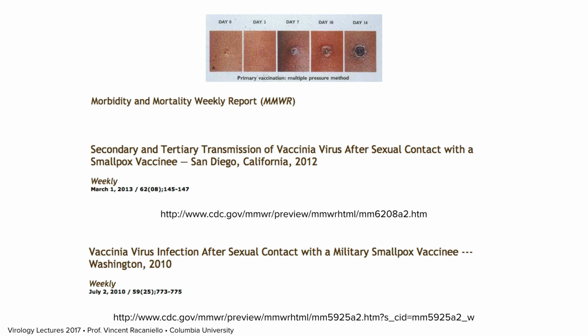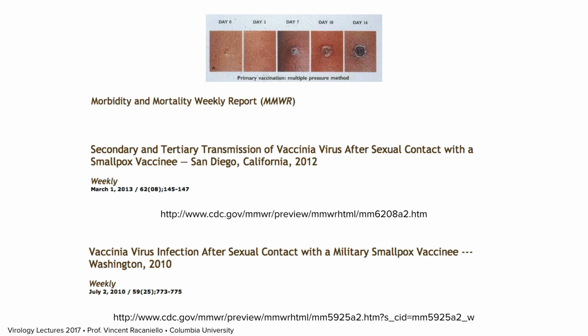Viruses can also be spread from skin lesions. Here's a good example of that. We no longer immunize against smallpox because it's been eradicated, but the military is immunized in case some country uses smallpox virus as a biological weapon. So every military recruit is immunized, and they put a Band-Aid on your immunization site. The way they do it is they scarify your skin with a needle that has virus in it, then they put a Band-Aid on it, and they say, don't take it off. But unfortunately, some people have sex shortly after getting their smallpox vaccine, and they transmit the infection to their partners.